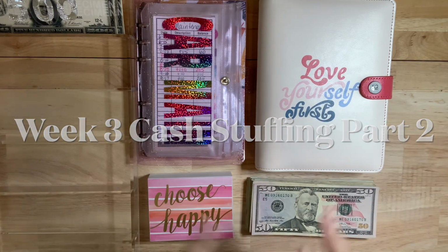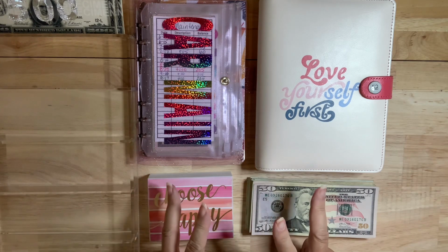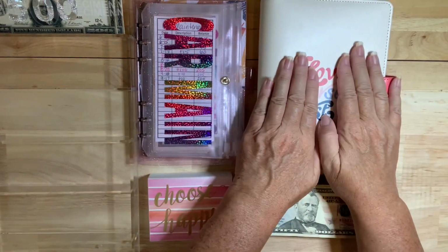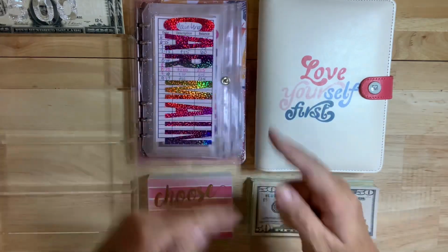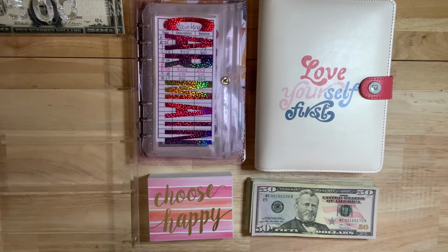This is actually part 2 or part B of my cash stuffing because I just don't want to make super long videos. We'll see if I can trim it and edit it so that it's a shorter video. I'll smush them both together. Otherwise, welcome back. We are going to be stuffing now my sinking funds. So these are my long-term sinking funds that usually hit me once a year. And these are the revolving ones, or the ones that I can use on a regular basis. And today we're going to be stuffing